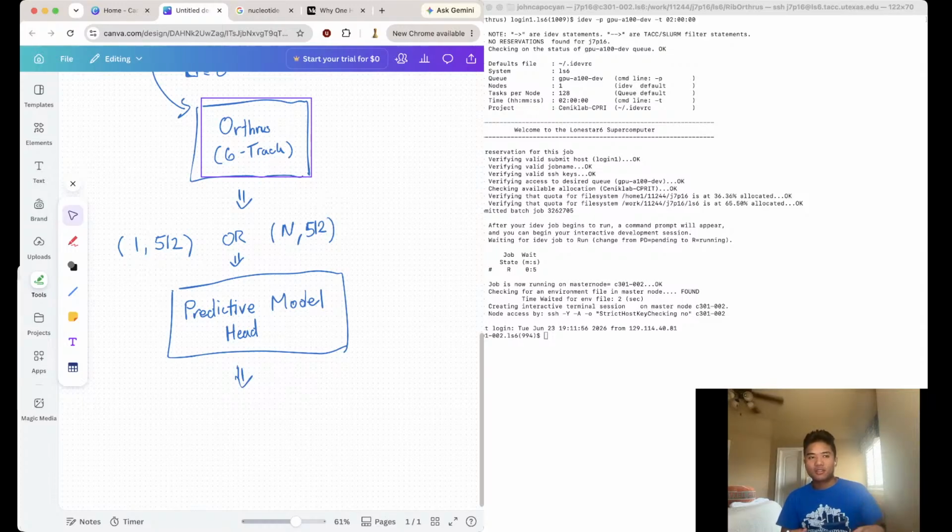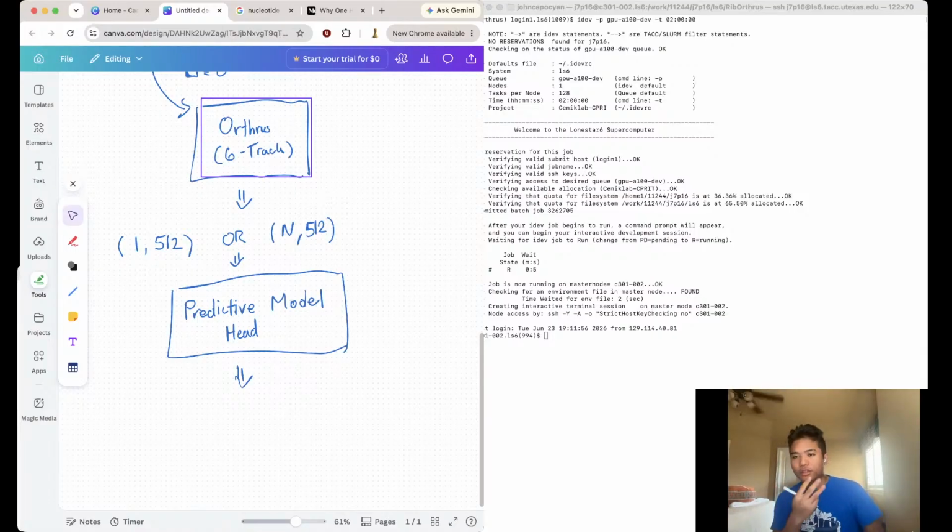The architecture and structure of it, I'm still working on and still trying to decide. I've been reading papers to try and make something optimal. But regardless, the output of whatever that model head is, my grad student already explained, should ideally be